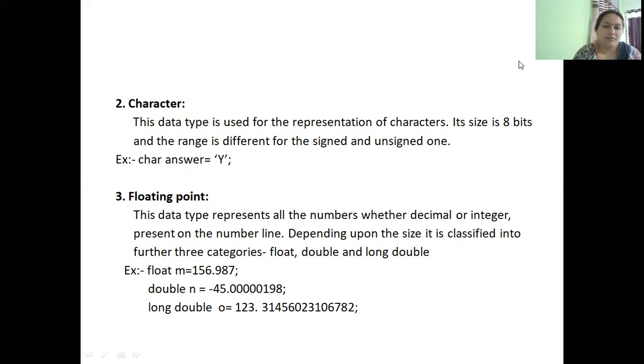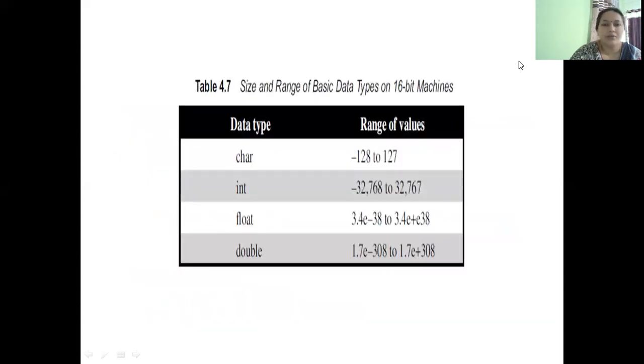So these are a few examples of floating point variable declarations and initializations. As I told you, floating point can also be signed or unsigned. It can hold numbers towards the left or right of 0 in the number line.